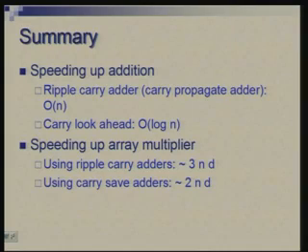I am not putting a base here. If you individually look across 4, it will be log n to the base 4, but that is only a proportional factor. Whereas in case of the multiplier, we moved from delay which is proportional to 3n to delay which is proportional to 2n by doing carry save addition. So there is a sort of 3:2 roughly, which is the saving. I will stop at that.